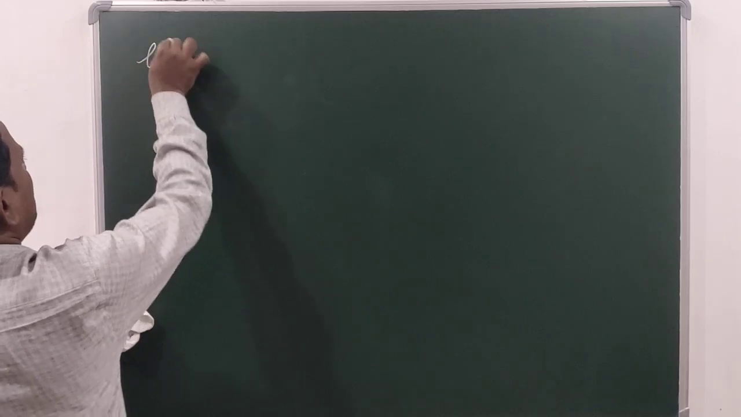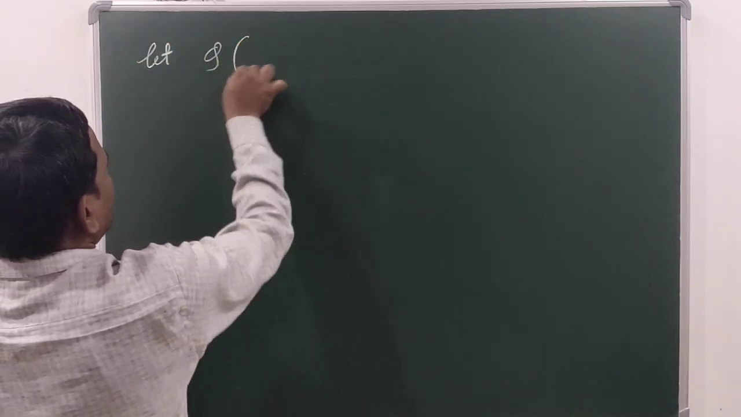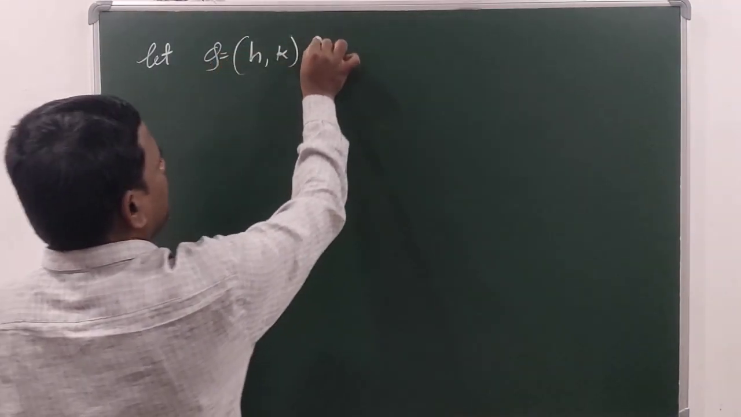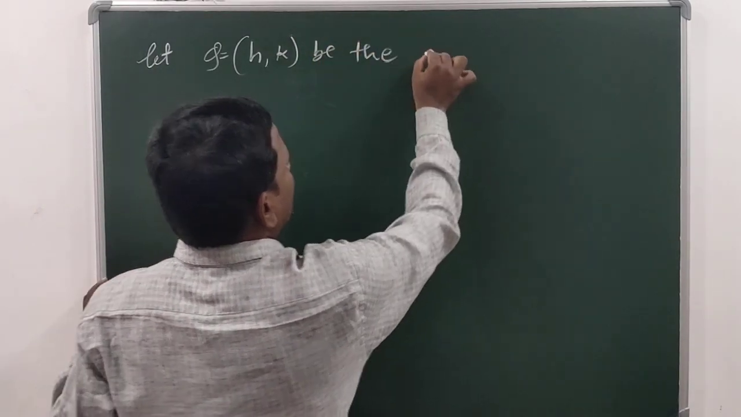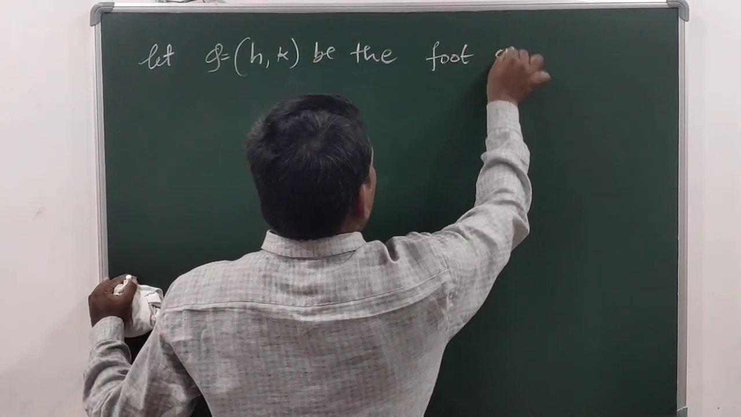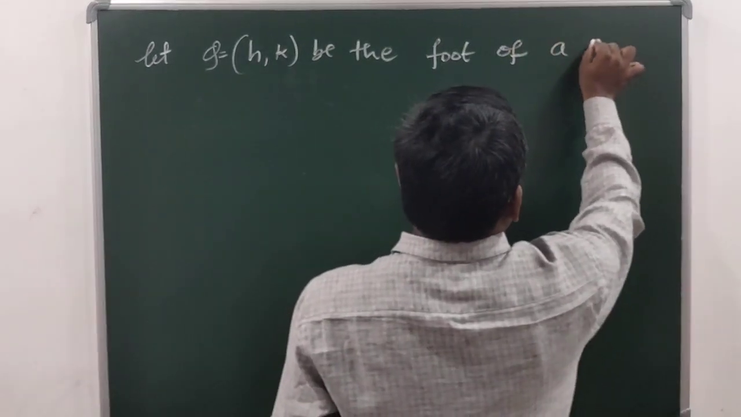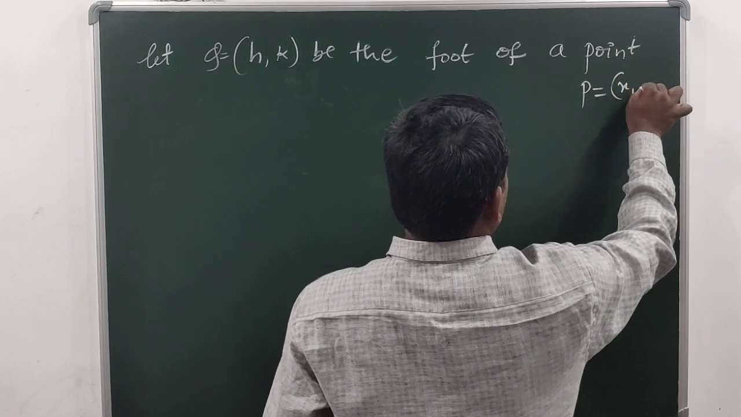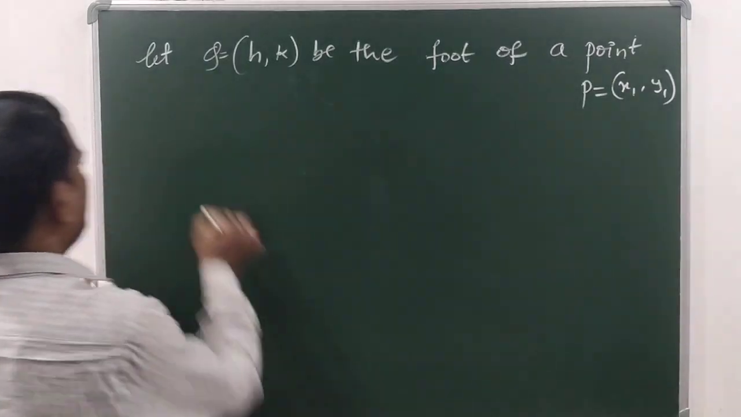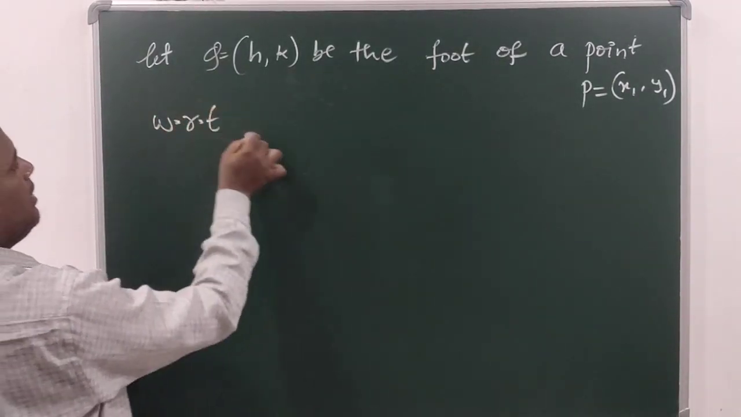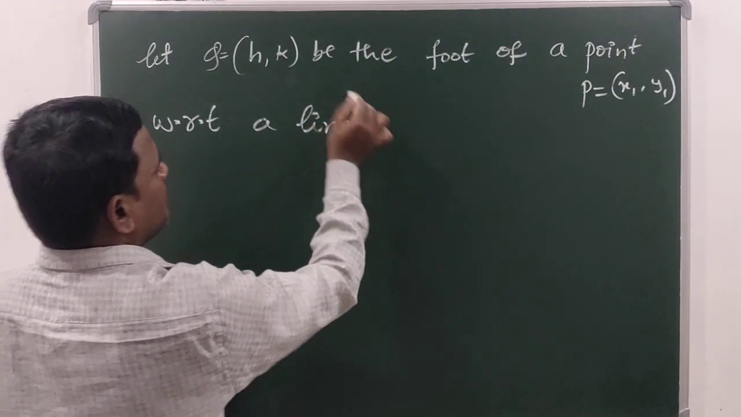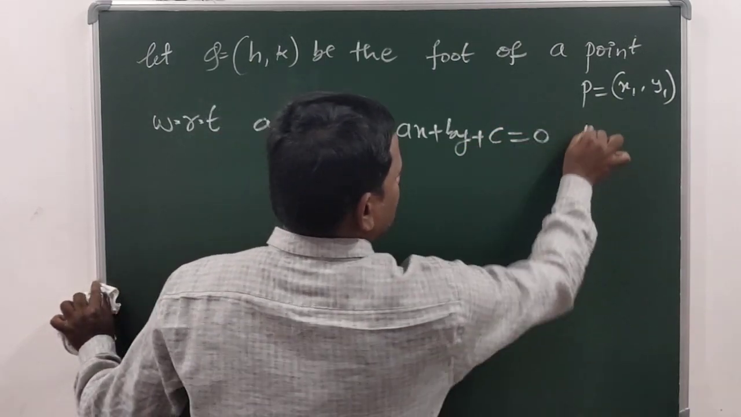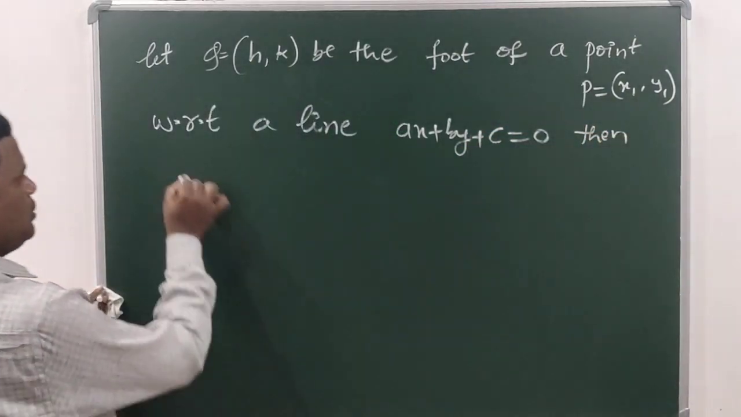Let Q(h, k) be the foot of the point P(x1, y1) with respect to a line ax + by + c = 0, then show that